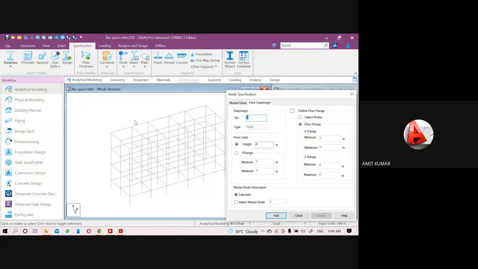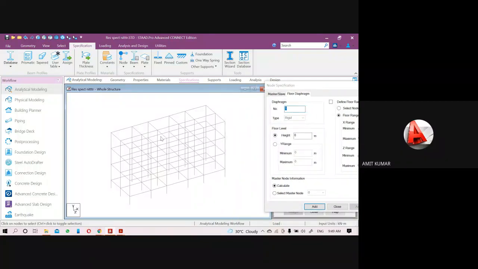It will not take any different displacement from the other nodes. Let me explain once more very clearly. If we bind it here, all these nodes will take displacement only in the same direction, either in x or in z, when a lateral load is applied, and the value of the displacement for each node will be the same.